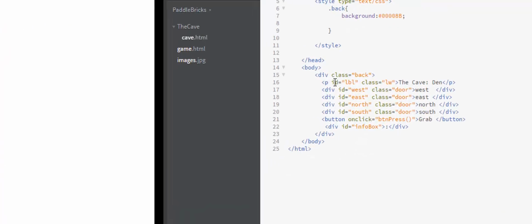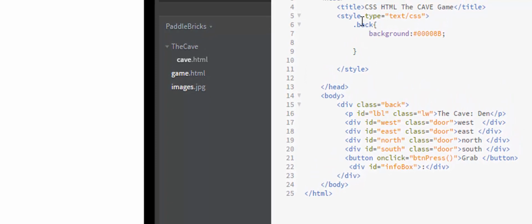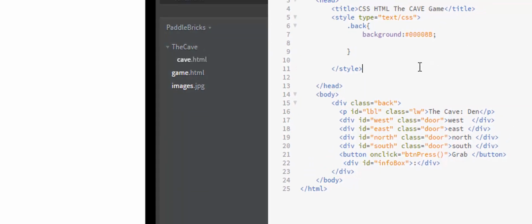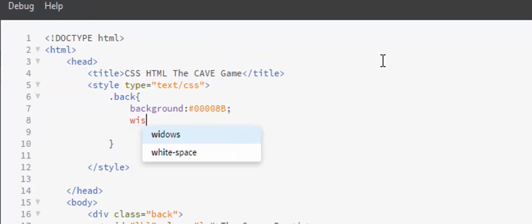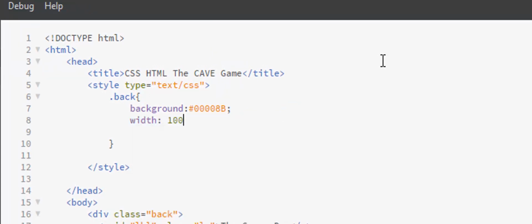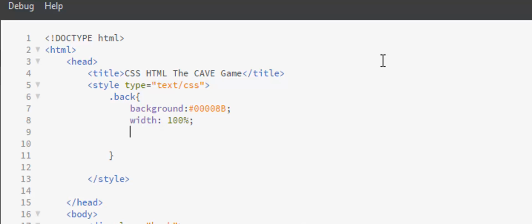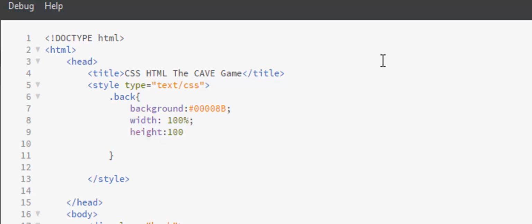So when I'm referencing the ID, I could have used a hashtag, but I'm referencing a class, so I have to use the period. So now when I save this and I refresh, you'll see that the background actually changes. With width 100%, that means 100% of the page, and then the height 100% of the page. Refresh. And the color,